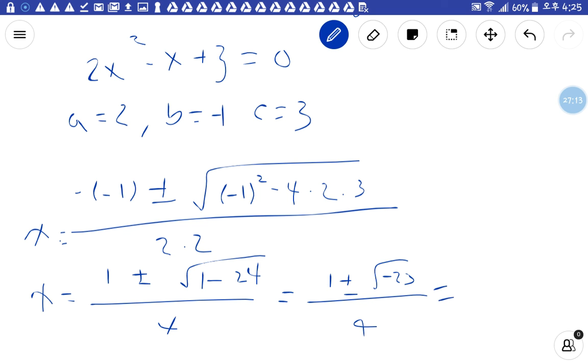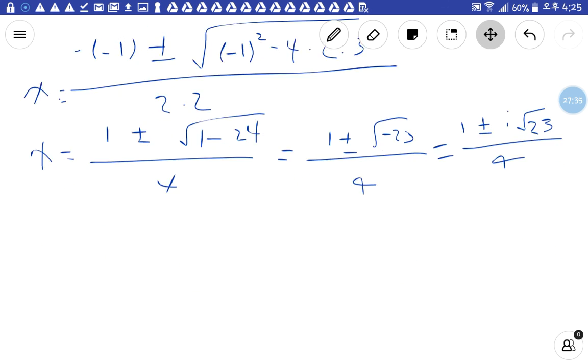I can rewrite my answer as what? 1 plus or negative i radical 23. Since 23, I cannot really simplify fully. This is already simplified. I cannot really pull any number out of the radical. You can just keep it like that. Alright, so